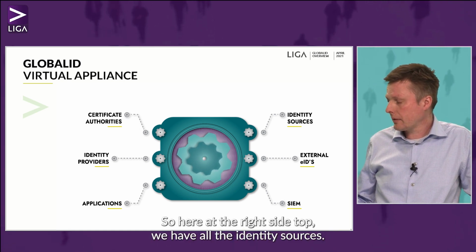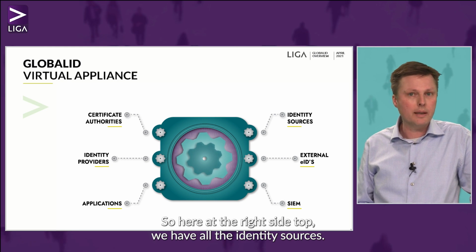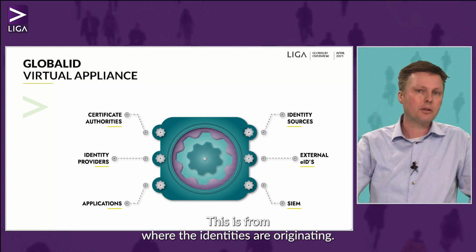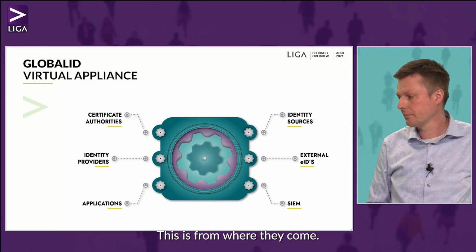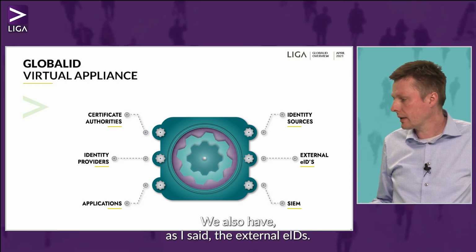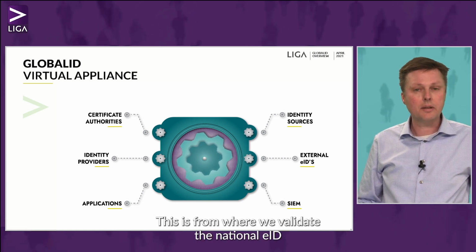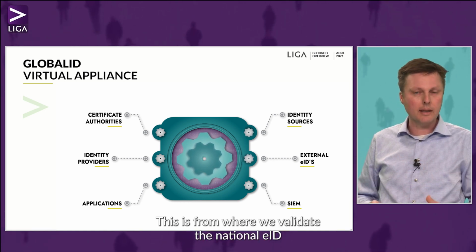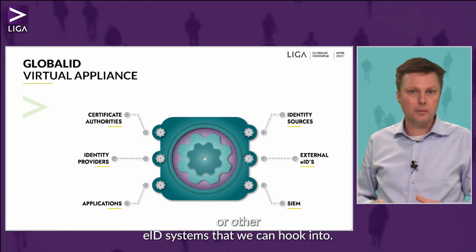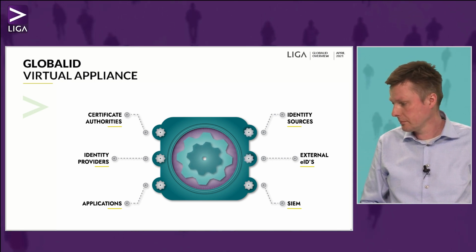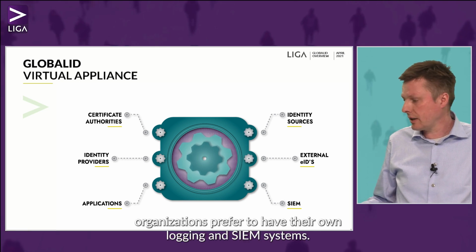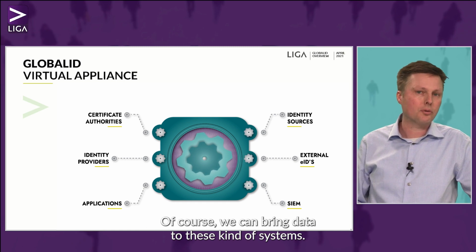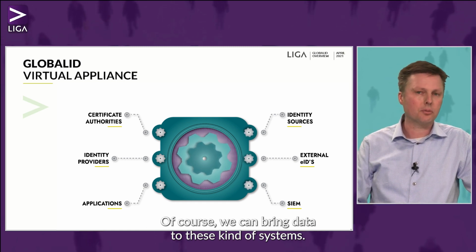So here at the right side top, we have all the identity sources. This is from where the identities are originating. This is from where they come. We also have, as I said, the external eIDs. This is from where we validate the national eID or other eID systems that we can hook into. Obviously, many organizations prefer to have their own logging and SIEM systems. We can, of course, bring data to these kind of